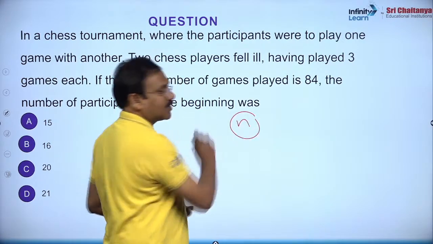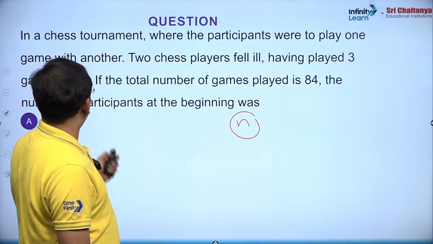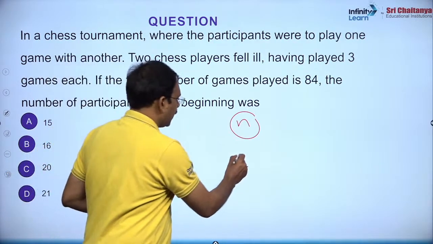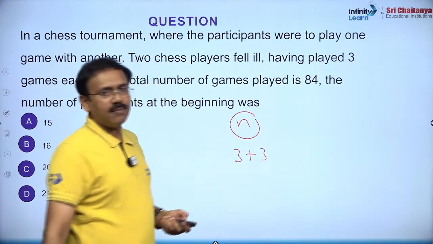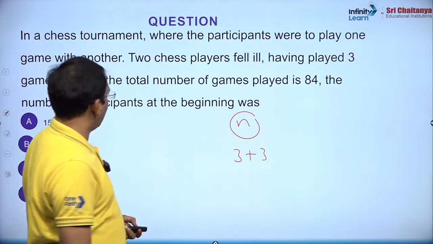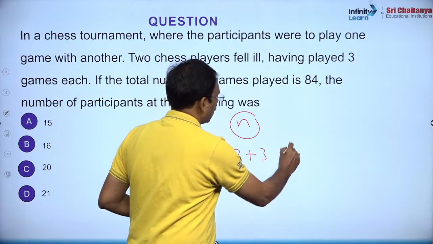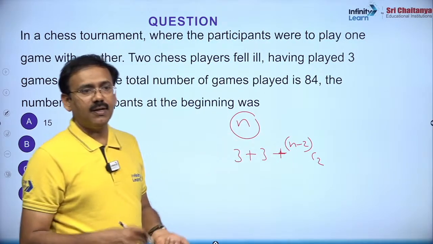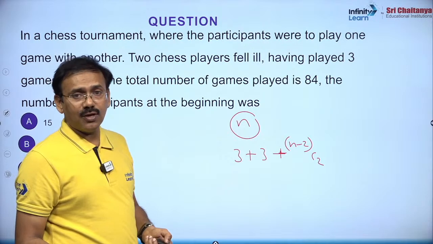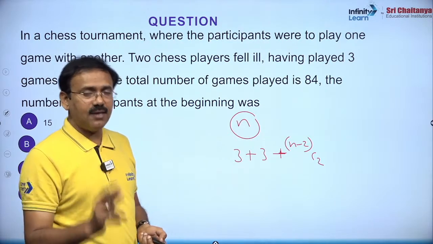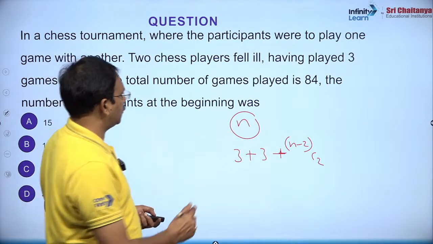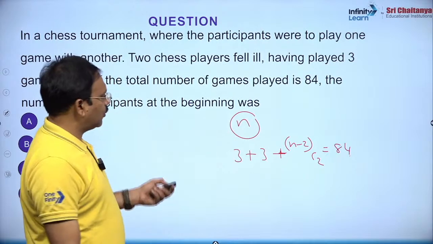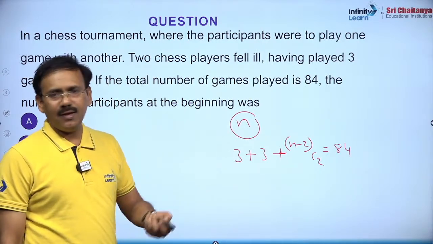Beginning में 8 players है, तो कैसा कर सकते हैं, you see 2 chess players fell ill having played 3 games each, माने 3 plus 3, 6 games हो गए। Remaining क्या है, n minus 2 स्टूडेंट्स होते हैं। Whenever you select 2 students out of them, there will be a game। सिलेक्शन है क्योंकि ए बी और बी ए दोनों में गेम एक ही काउंट किया जाता है, n-2 C2। एट टुगेदर इसका वैल्यू 84 आया है। सो इस सिंपल इक्वेशन से n वैल्यू हमें डेफिनेटली मिल जाता है।